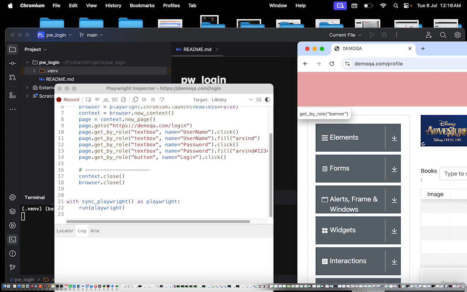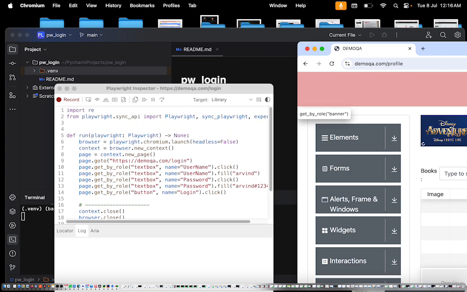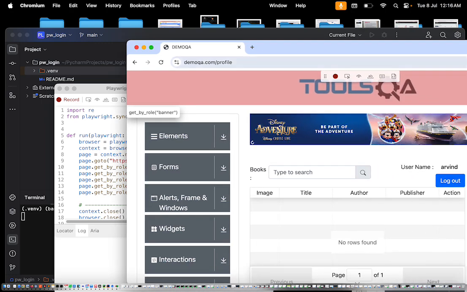So within this, sync_playwright as playwright, run playwright, there is one level of indentation. Within this, it will run the website in a synchronous manner. So the website will run, and this run function is given the playwright parameter. In this way we have opened our demoqa, and now I will be copying this whole thing,